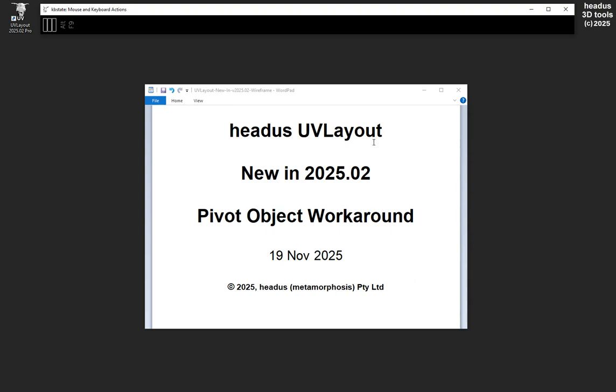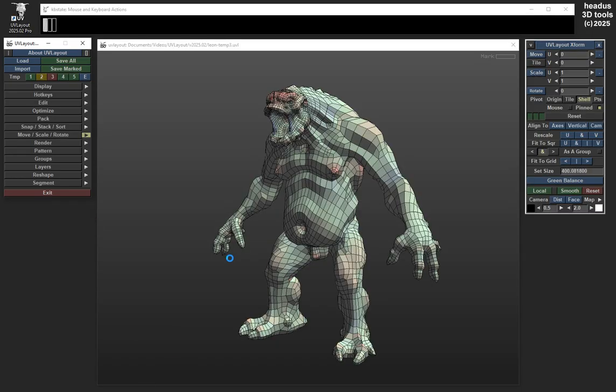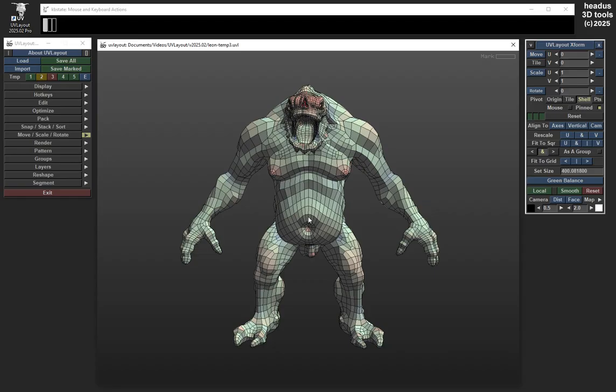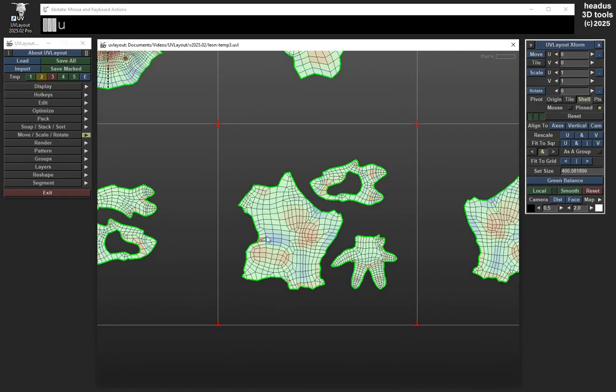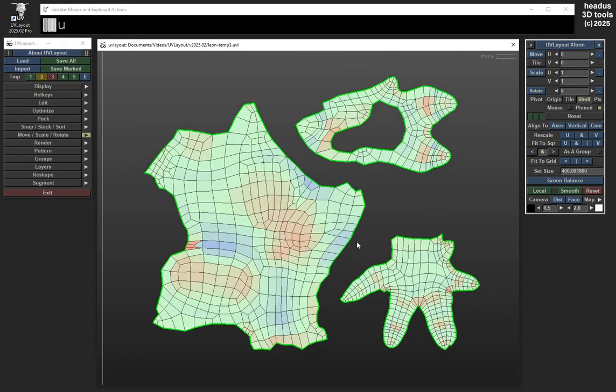Hello, in this video I'm looking at UVLayout and how to set up a pivot object. Okay, so there's our mesh. Let's just look at the UVs. So what I mean by a pivot object,